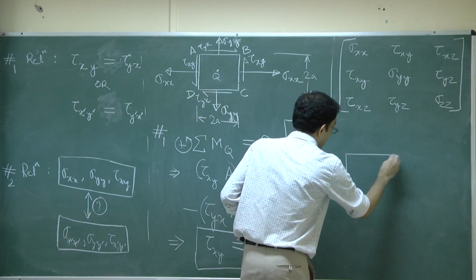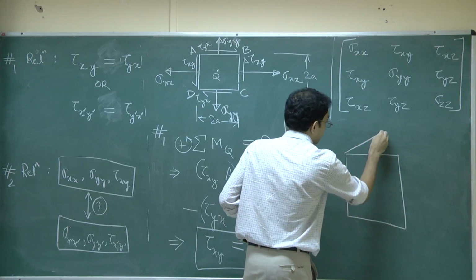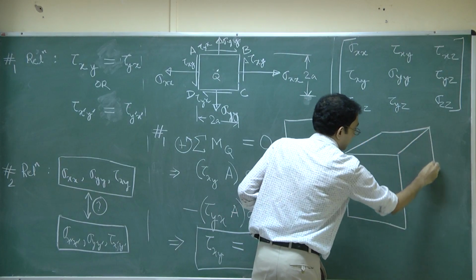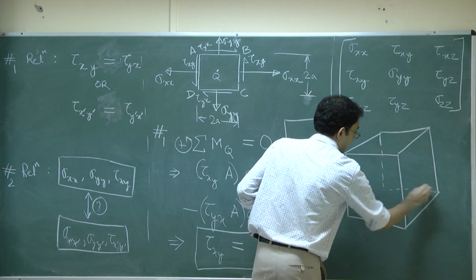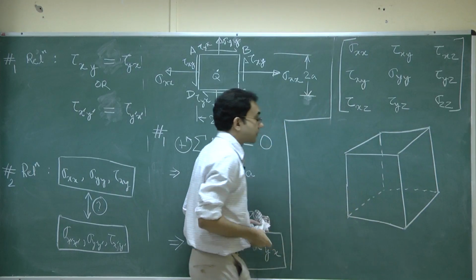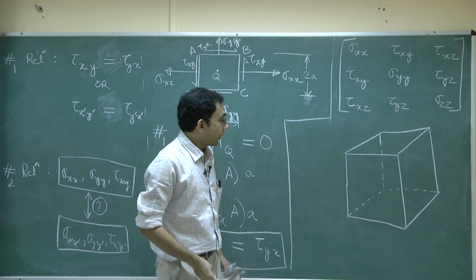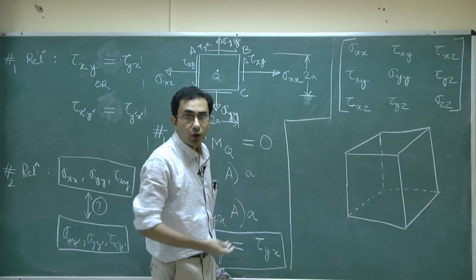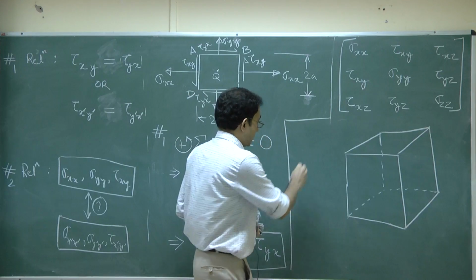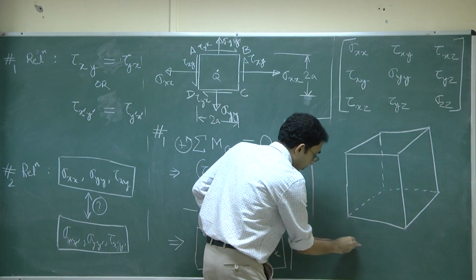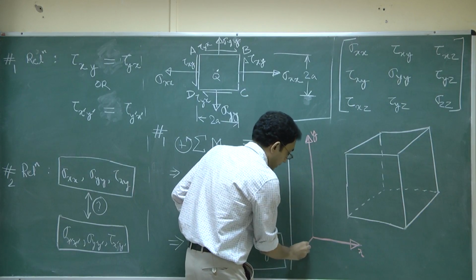When we drew this 3-dimensional picture, we ended up with quite a cluttered representation where we had to write all the 9 components of stress, but that is no longer necessary because, referring to this particular coordinate system x, y and z,